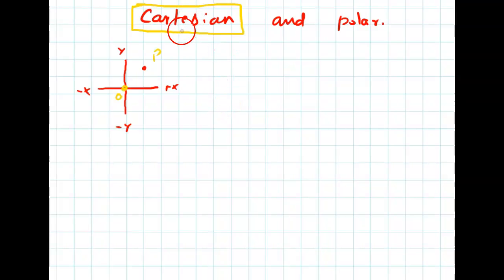If I use the Cartesian coordinate system, I have to follow only right, up, left, down. Only these directions are allowed in the Cartesian coordinate system. So I cannot go directly from the beginning point to the ending point. Just I have to go to the right and to the top, up. So this is the direction in the Cartesian coordinate system.